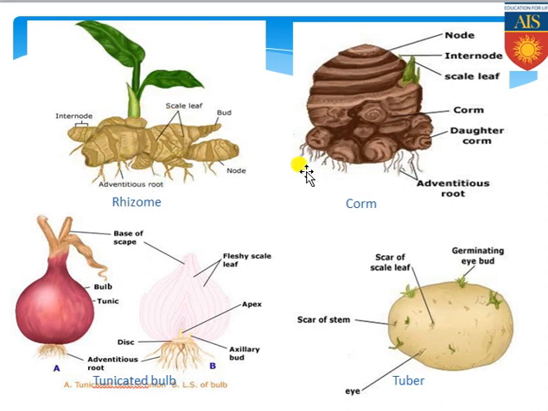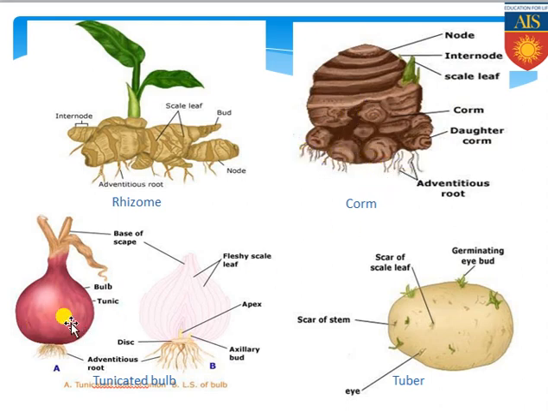If you come to the corm, it is brown in color and looks like the base of a large tree. Keep it in your mind, they also have nodes at specific distance intervals, and obviously from the nodes the new plant or the scaly leaves arise. Their adventitious roots are also arising from the nodes.